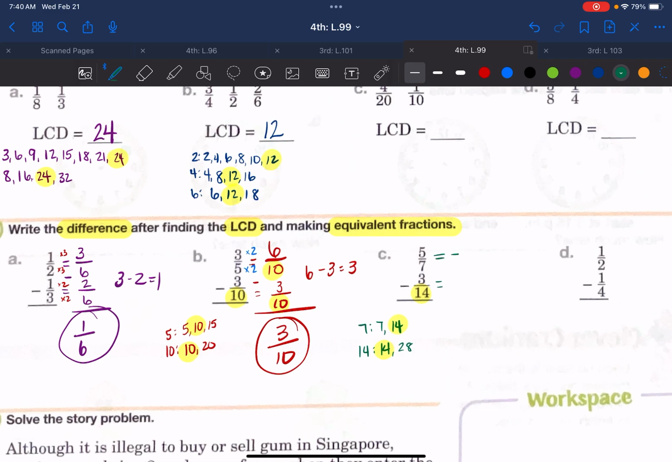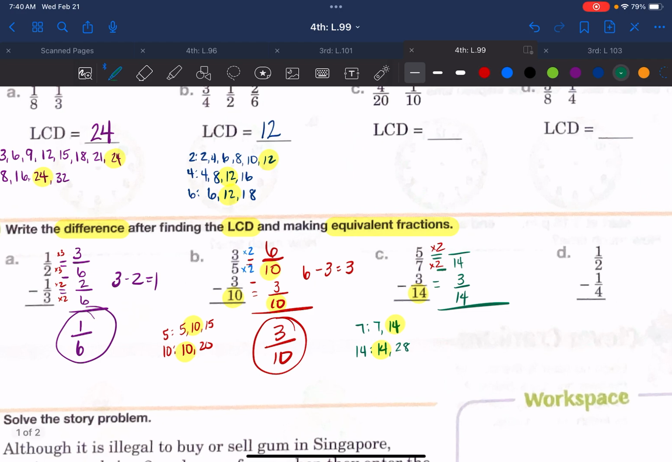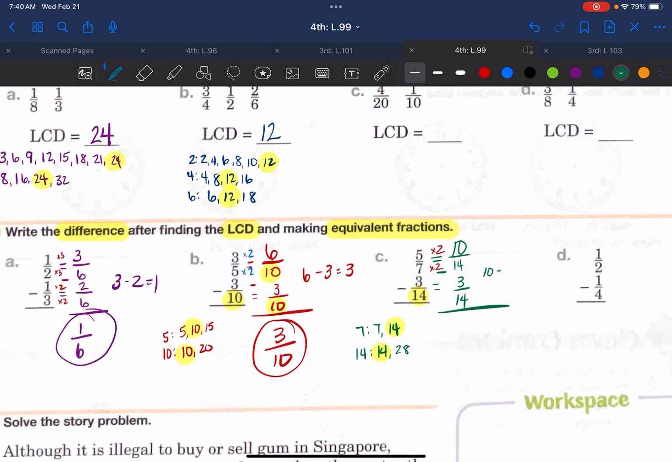So I'm going to have something over 14 take away 3 14ths, because that one gets to stay the same. All right, what would I do to get from 7 to 14? I multiply by 2. So 5 times 2 is 10. So 10 14ths take away 3 14ths. 10 take away 3 is 7